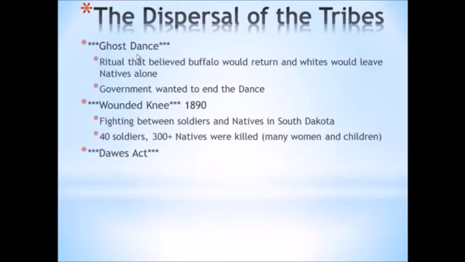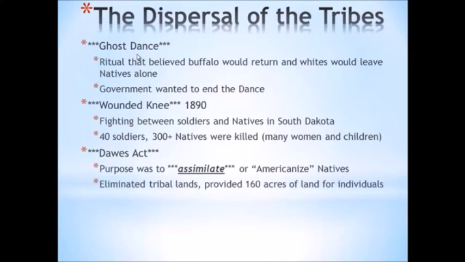The Dawes Act was passed in 1887 and is a hugely important act in Native American history. This drastically changes the lifestyle of Native Americans. The purpose was to assimilate. Be able to see that word assimilate. If you see the Dawes Act, the first thing you should think of is assimilate. That essentially means this idea of trying to Americanize Native Americans.